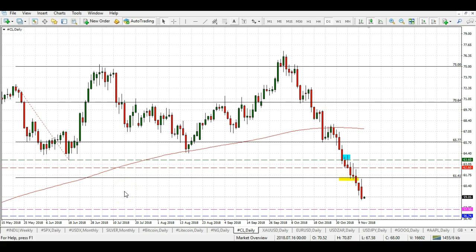We got the crude oil here, daily chart. It's been about a week since last time we've touched base on the technical situation here. As you very well know, we've had a wonderful position. We took about $10 all the way to 63.60, and once we hit the 63.60, I announced that I'm gonna